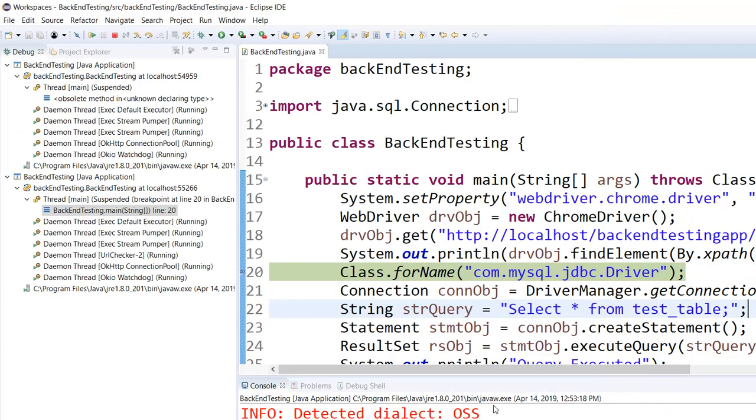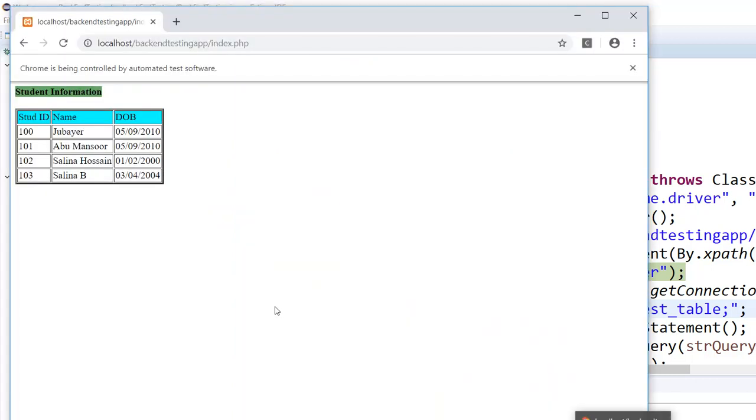Now can you see it is printing Jubair? You understand? From the first row. Now if I want to read name from the third row, what will I have to do? From the third row,